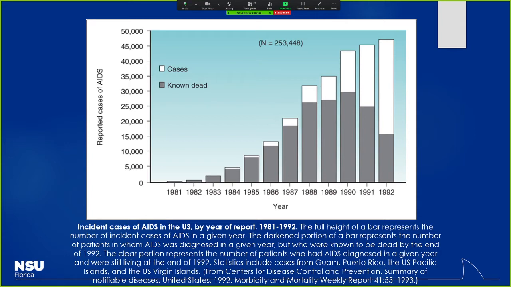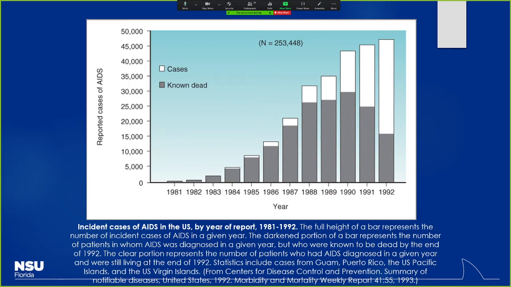You could also have period prevalence, which is almost a combination of the two, where you have the initial people who have the disease at the beginning of a time period, and then you look for new incident cases over that defined time period as well. So if I wanted to look over a 6-month period, prevalence would include all the people at the very beginning who had the disease plus new people who ended up getting it during that time. But remember, if you're looking at incidence, it doesn't include people who already had the disease prior to you starting that time period. So a little bit of distinction there.